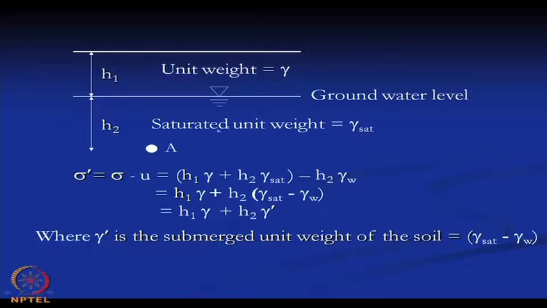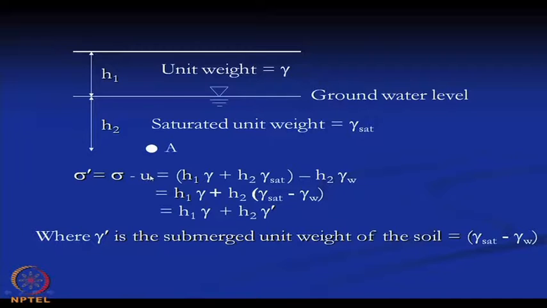So, the saturated unit weight of the soil is gamma sat. Now, the total stress at a point can be calculated as H1 into gamma plus H2 into gamma sat,